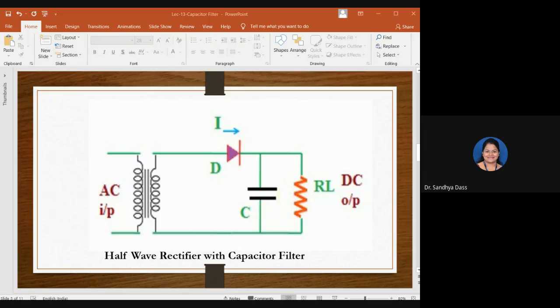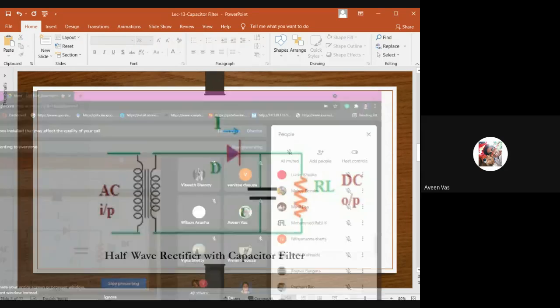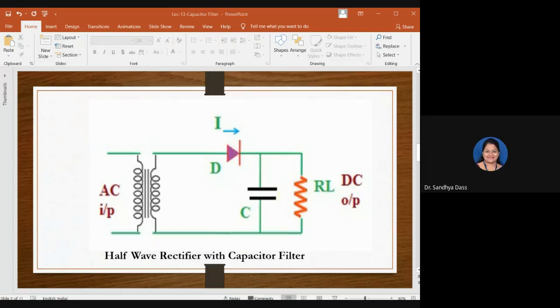Come again? What is that? Ma'am, does the capacitor block DC or does it form a closed circuit for DC? No. It blocks AC. It doesn't block DC. It blocks AC, yes, ma'am. You followed, right? Okay, let me continue.